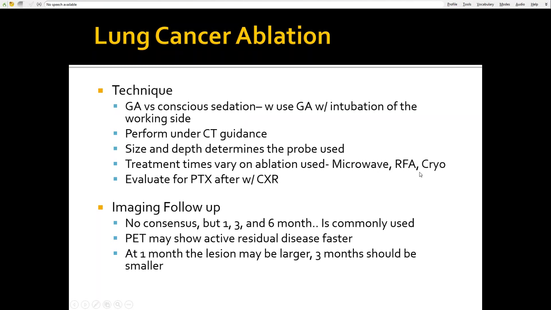Again, for the treatment, we typically use RFA here. It's common for a patient to get a pneumothorax because you're putting in a larger lesion. One thing I will tell you is that last year my partner and I presented a paper at SIR that